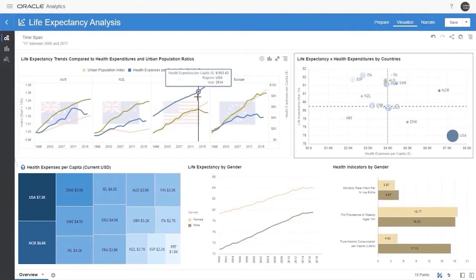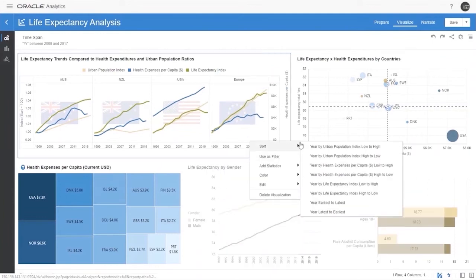The blue line is health expenses per capita, and the green line is life expectancy. Government spending alone is not a good way to increase overall life expectancy. Some countries have slowed spending, but life expectancy is still growing. This is not true for the US, which clearly didn't make the leaders quadrant for those measures.